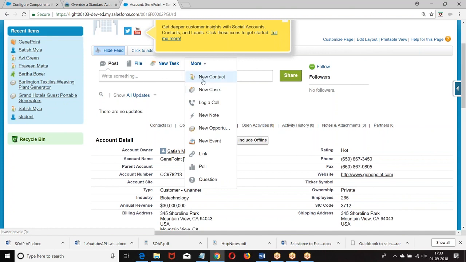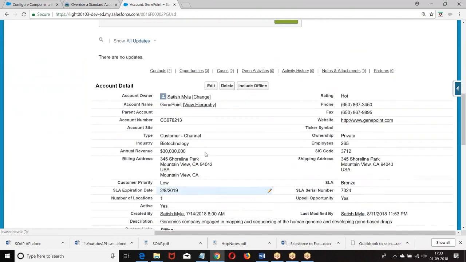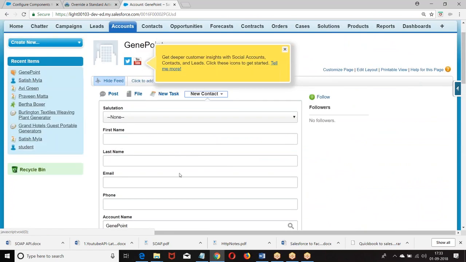Now, new contact. When I say new contact, on the same detail page we are getting the contact. We are not navigating to another object. From the same page, I want to perform some quick action. Global actions are nothing but quick actions, like creation of lead, creation of contact, creation of case, sending an email, posting a message, posting a chatter. All these are quick actions, which are generally called global actions. They are not specific to any one object. These actions can be added on any page.